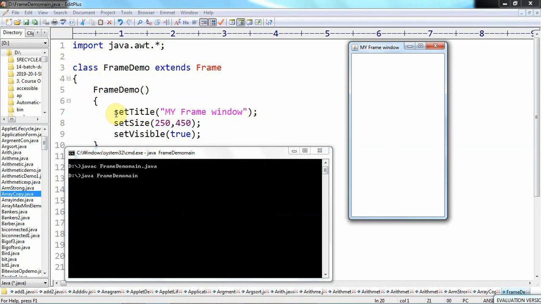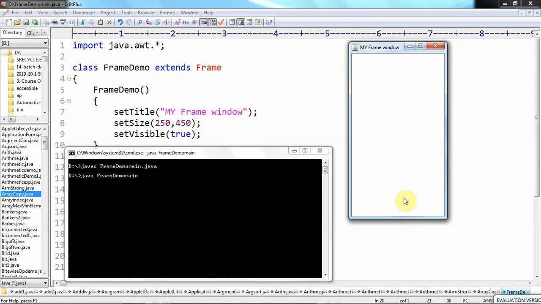So here with this set title, my frame window, the title is set here. Whatever title we give here is placed on the title bar. This is called a frame window that has some title, minimize button, maximize button, closing button, and some rectangular area for placing components, and a size of 250 pixels width from this point to this point, and 450 pixels height from this point to this point.